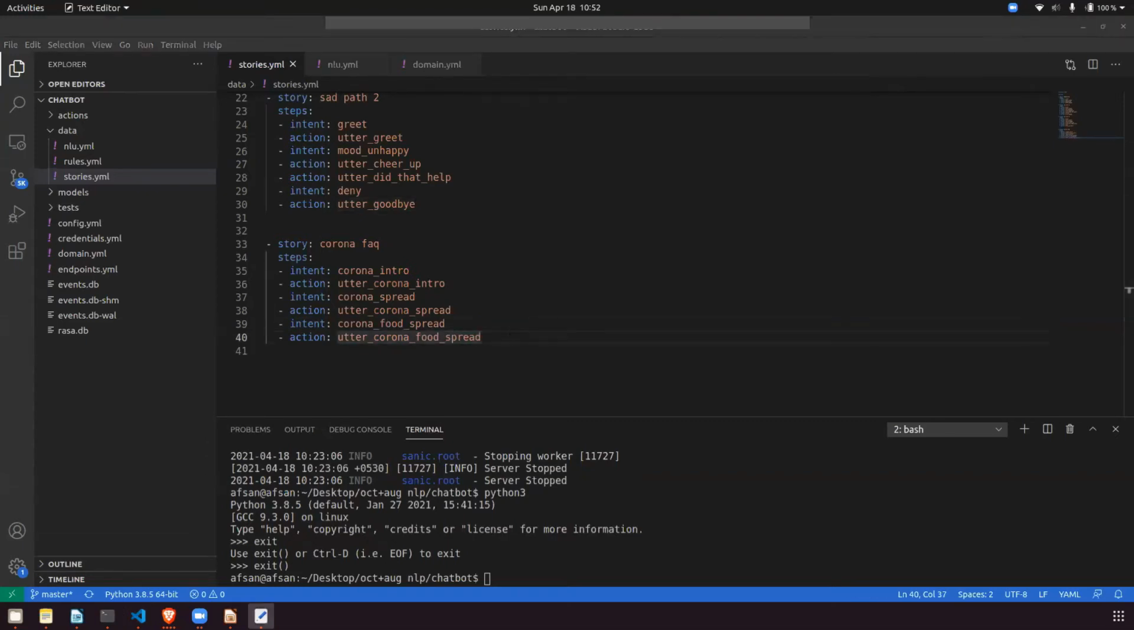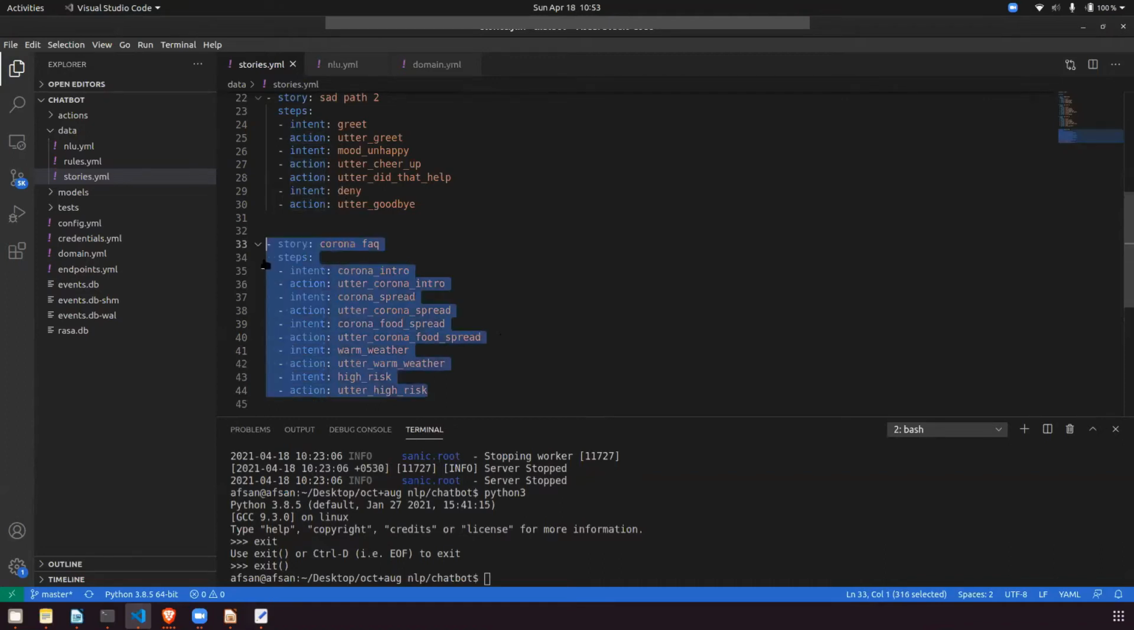Then what we have: warm weather. So I will just copy this. So these are the different actions and their corresponding intents. So these are the following intents and this corresponding action is here. Intent, action, and stuff like this. So this is clear. So the stories.yml file is clear to everyone, how to define your own action and